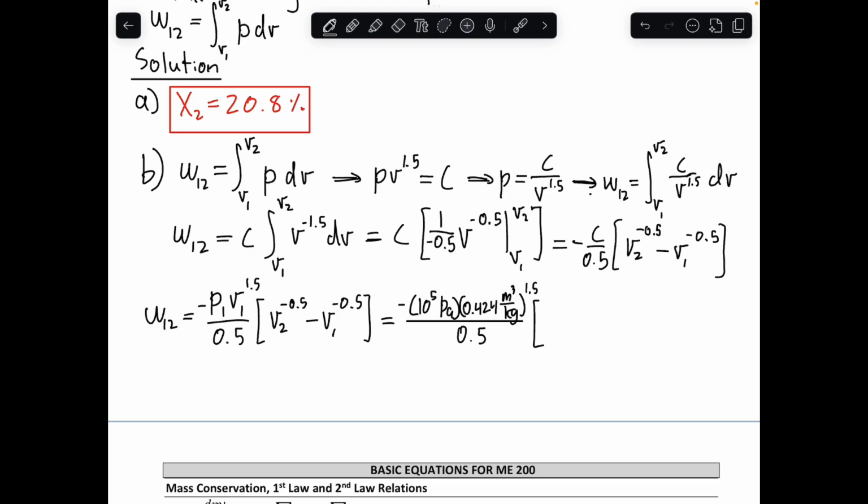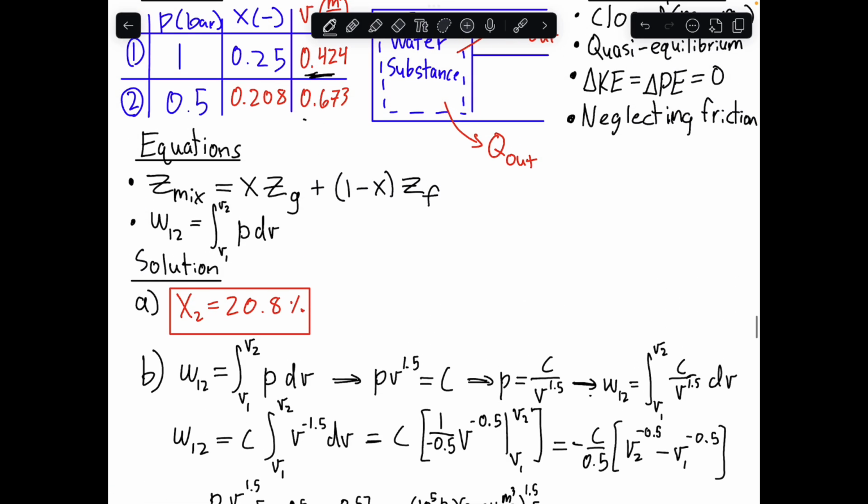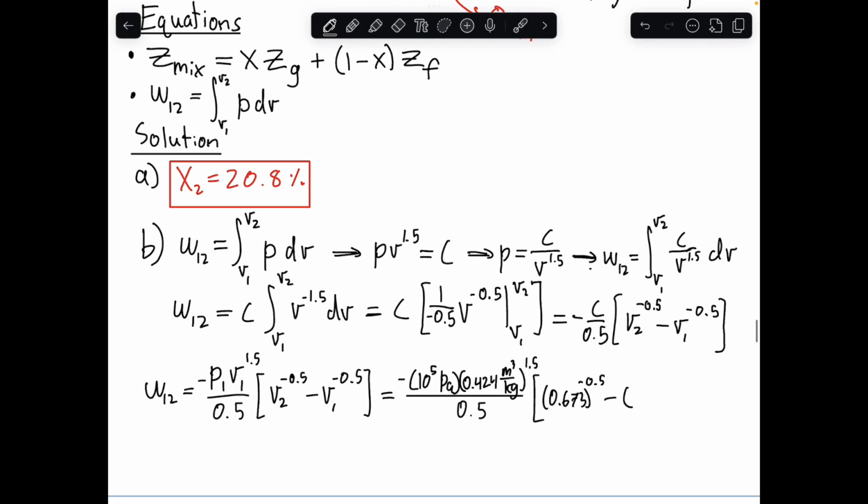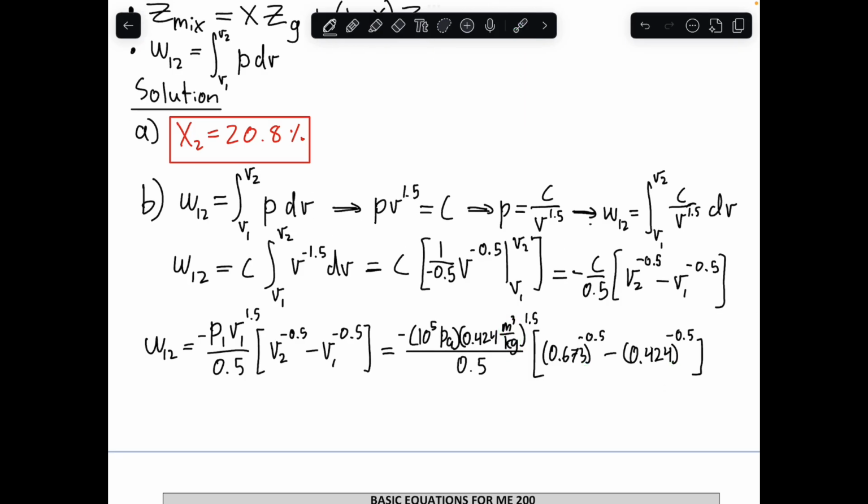And then we're multiplying this by V2, which is 0.673, to the negative 0.5 minus V1, which again is 0.424, to the negative 0.5. And I forgot to write, but those are in meters cubed per kilogram would be the units here. And so when we evaluate all this, make sure you check your units, but you should get the final answer of the specific work from 1 to 2 is equal to 17.5